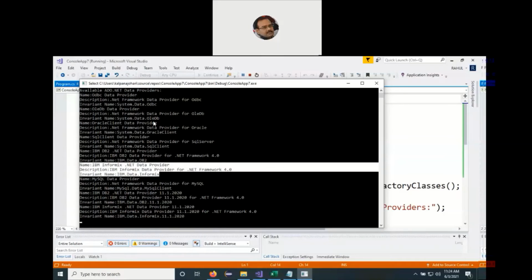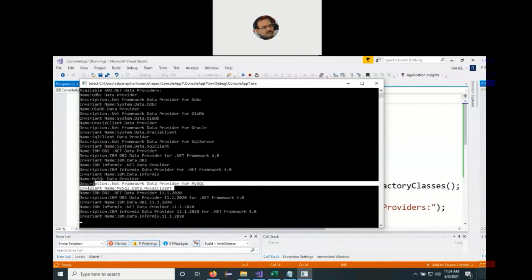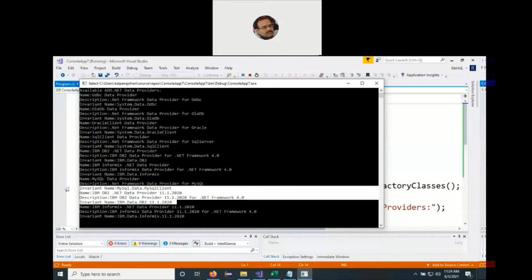The biggest plus point of this program is that it gives you the entire information about the different ADO.NET data providers which are available, and you can use them for connecting your front end C#.NET program to the backend databases. MySQL, all of them are present here, and then we can use them. We can design a database within these database servers, create a table, and then use it for the DDL, DML, or DCL statements: data definition language, data manipulation language, and data control language statements. So that is how the program works.